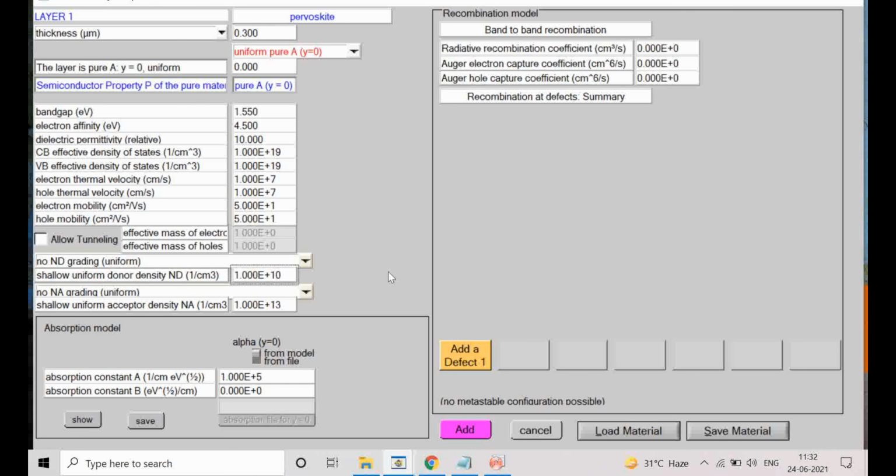For the material parameters, you can find these values superficially by going through papers. These are more common values: band gap, thickness, absorption coefficient are more talked about. What is a defect? These are reported in the literature, but for that you need to do a thorough paper survey. Go into depth of the papers, read thoroughly, and see what sort of characterization people have reported. There you can find the defect values.